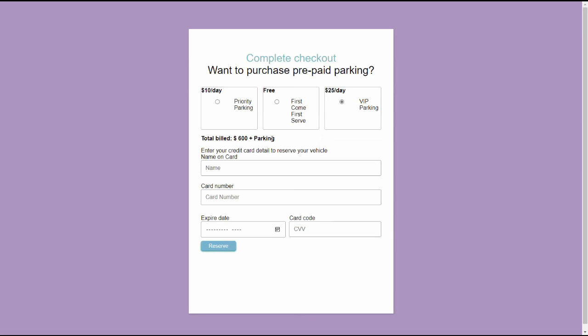And here we can see our total bill is going to be $600 for the 1 day, and we'll do the VIP parking. And we can do the name on the card. We can use a dummy card number to validate. We can set the date. June 2021 is the expiration, and the CCV. So now when we hit reserve,